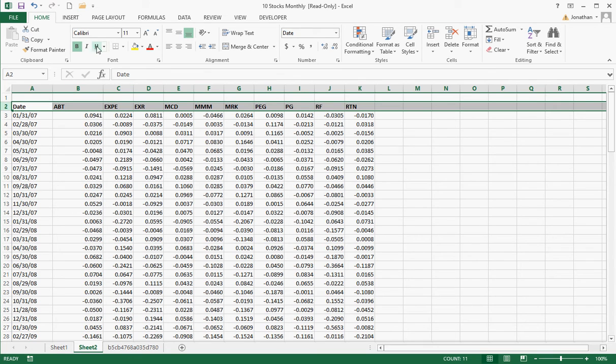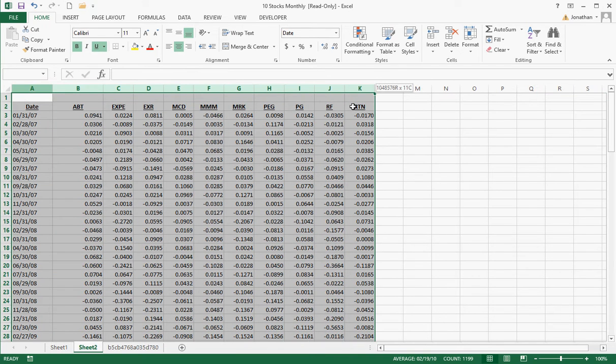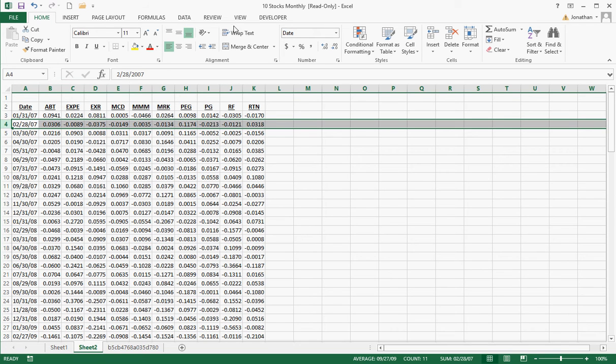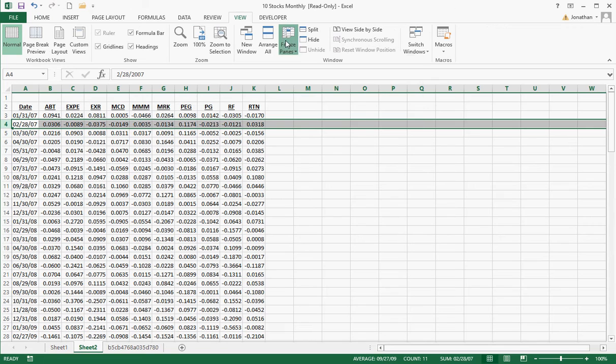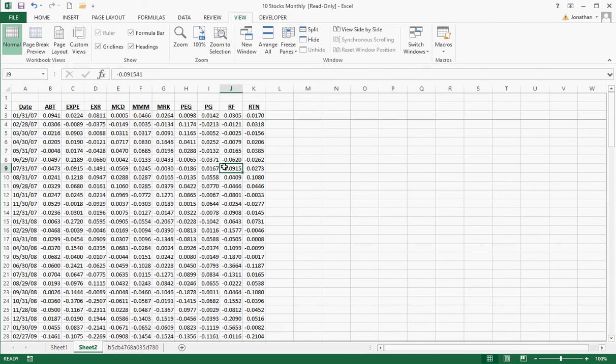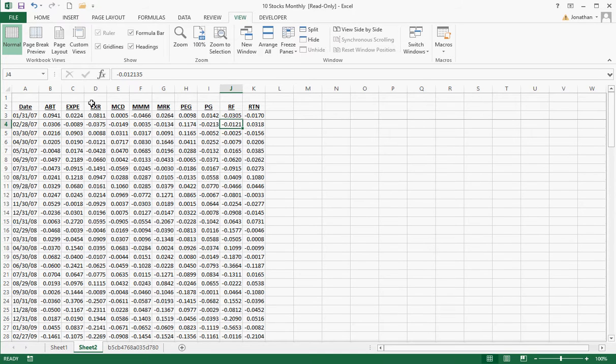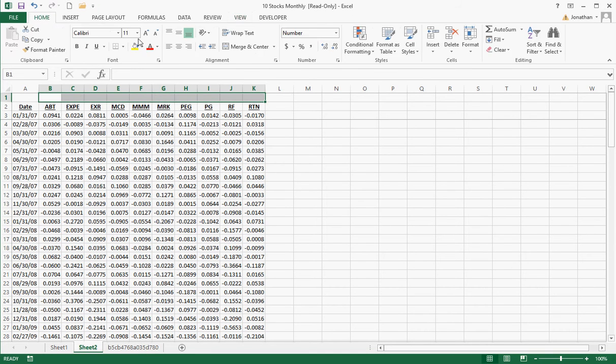Bold, underline, center. I want to set the width of all these columns to be minimized, so I just come up here and double click. And now I want to freeze the panes, so click on whatever row you want, come to view, freeze the panes, and now when I go down I can see exactly what's happening. So I'm going to label these returns. We'll come here, home, merge and center,